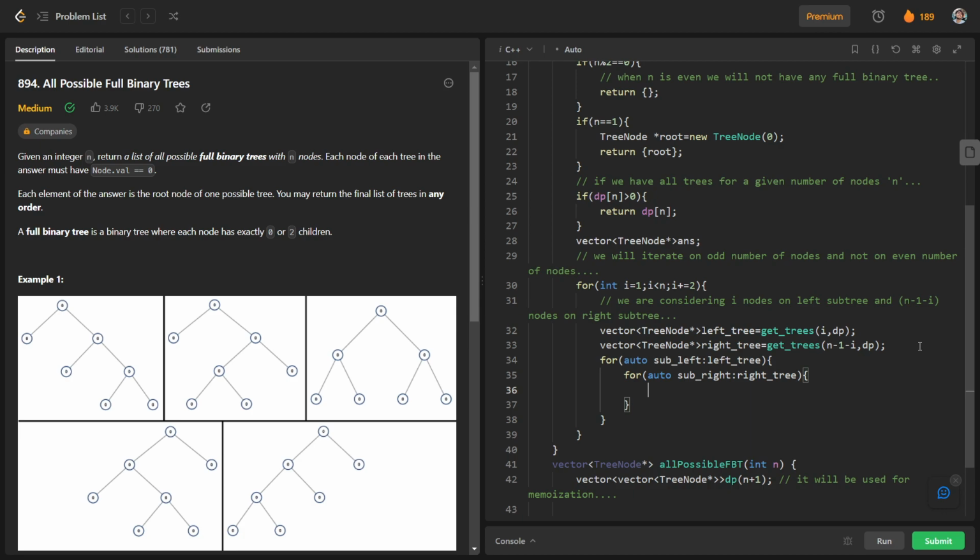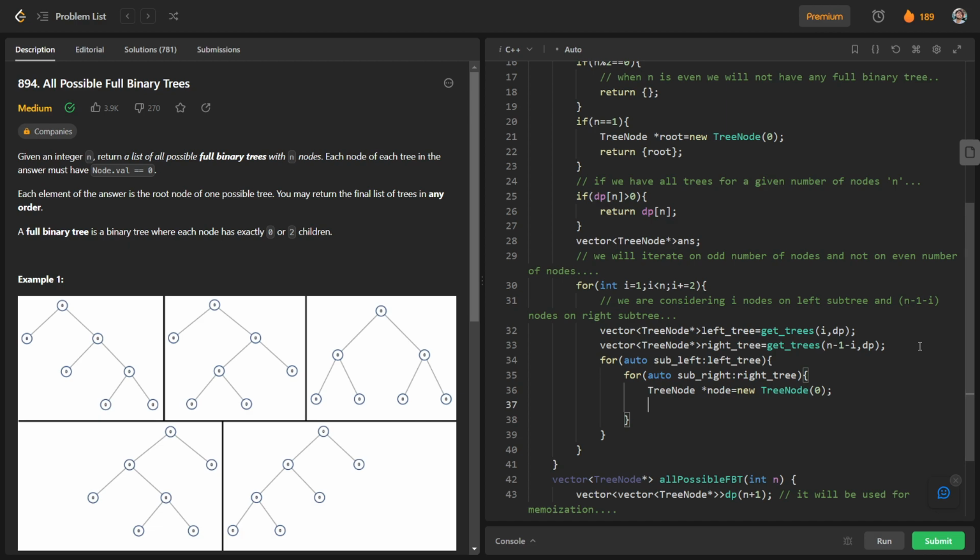So basically what we will do, we will just create a tree. So TreeNode star node, and it is nothing but we will create our node. So new TreeNode, and you can see that the value of this node is nothing but 0. So I will write 0 here. And what we will do, we will take a subtree at the left part and a subtree at the right part.